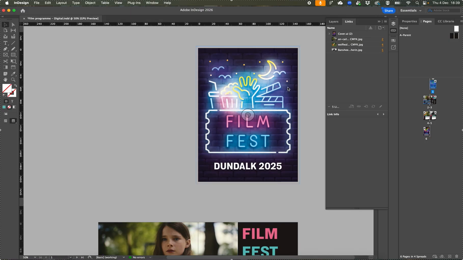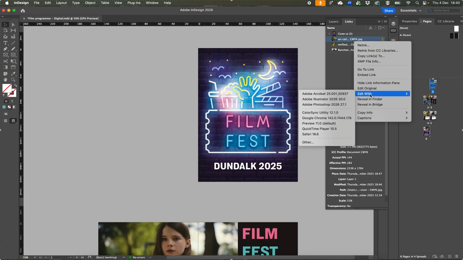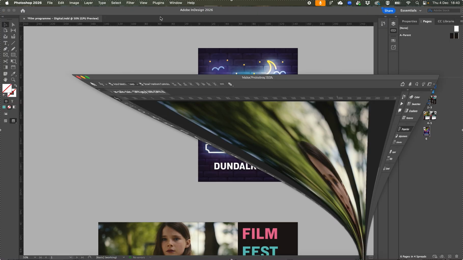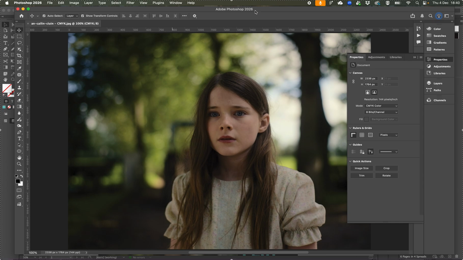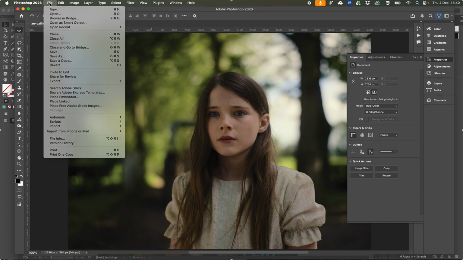So the next thing I'll do, I'll just go back into my preview mode so it's a little bit cleaner. The next thing we are going to do is make sure all our images are RGB for our digital output. So our cover AI is fine. This one here is CMYK. So same as last week when we converted them to CMYK, we're just going to convert them to RGB now. So I will right click on the link and go Edit With, Photoshop, and that will bring it up in my Photoshop window, and I will just go Image, Mode, and RGB,